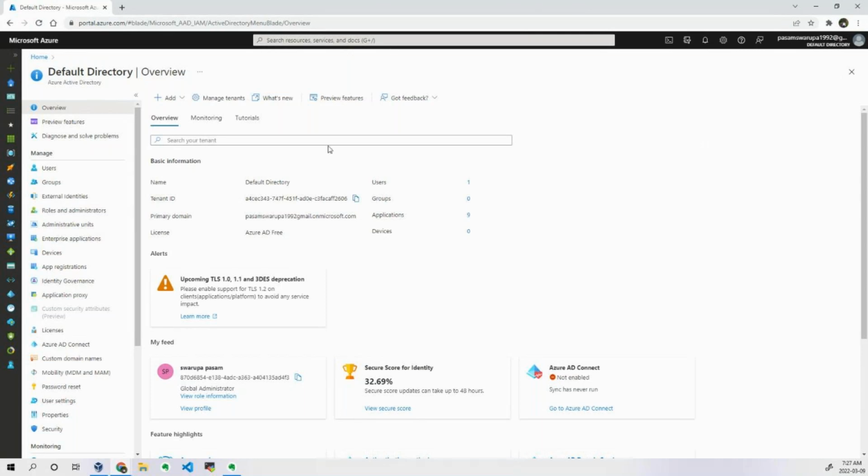Let's say I designed a website, not here, somewhere in GoDaddy or BigRock. Now for that website, I want to rely on Azure Active Directory for authentication, because my company already has users created in Azure Active Directory.